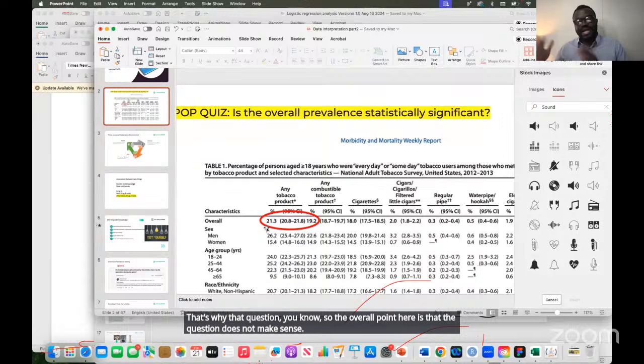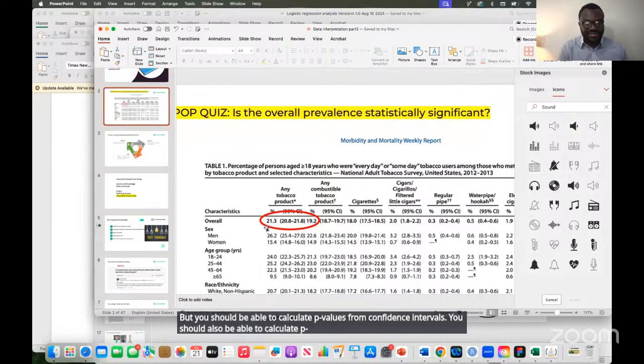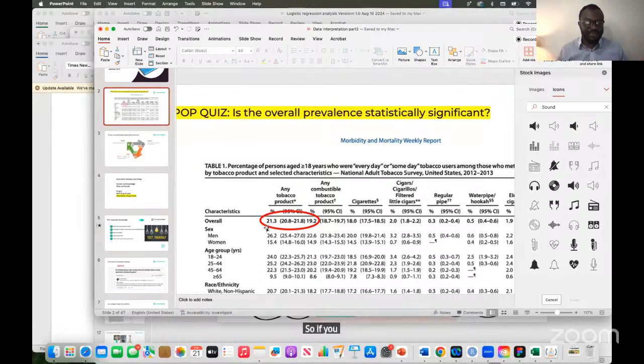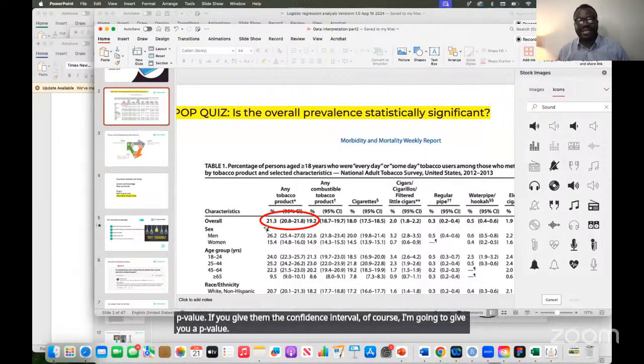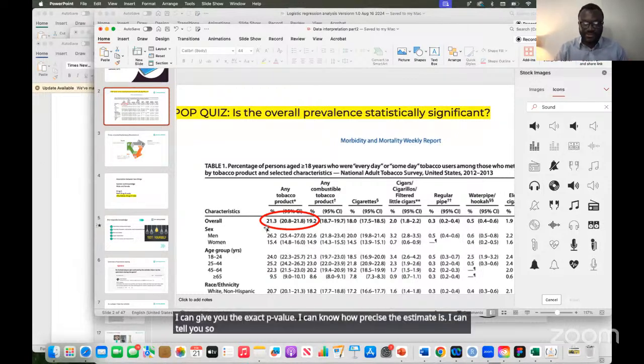But you should be able to calculate p-values from confidence intervals. You should also be able to calculate p-values from standard error. If you give me the standard error, of course, I'm going to give you a p-value. If you give me the confidence interval, of course, I'm going to give you a p-value, right? That's why, in general, I would prefer you report confidence intervals. Because if you give me the odds ratios with the confidence intervals, oh, I can do a lot of things with that. I can give you the exact p-value. I can know how precise the estimate is. I can tell you so many more things than if you are just giving me